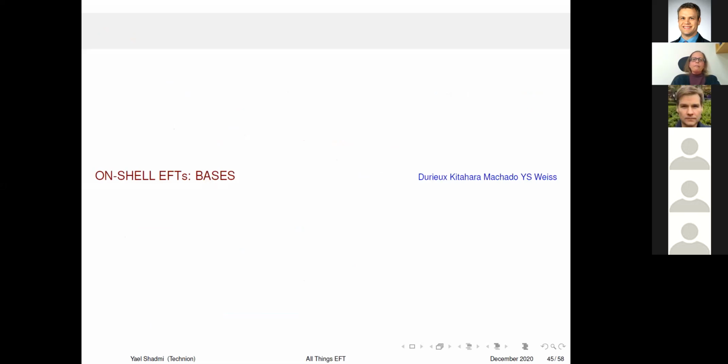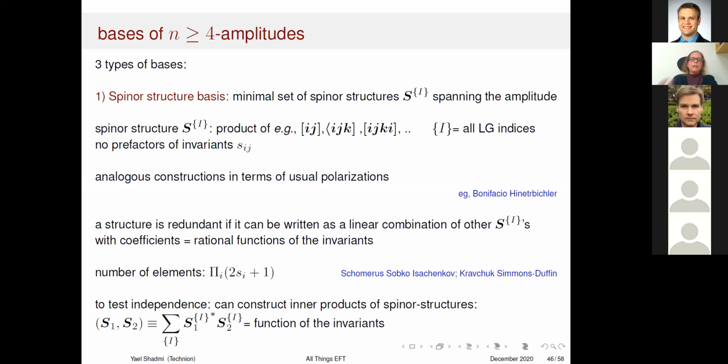Okay. So one thing that I already used here, and we need to use in general, is some bases to span the different amplitudes. And so let me talk about that. I'm going to be a little sketchy because it's fairly technical. But if you want the details, you can find them in our latest paper, or you're welcome to ask me about it. But I at least want to show you how things work. So there are three types of bases that